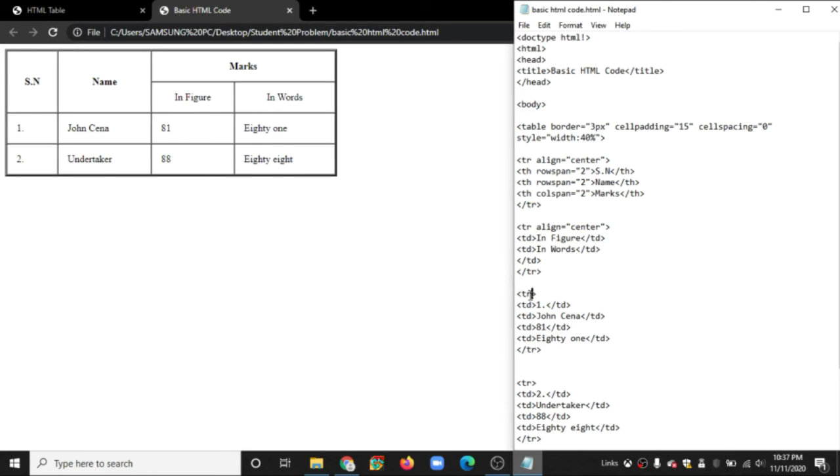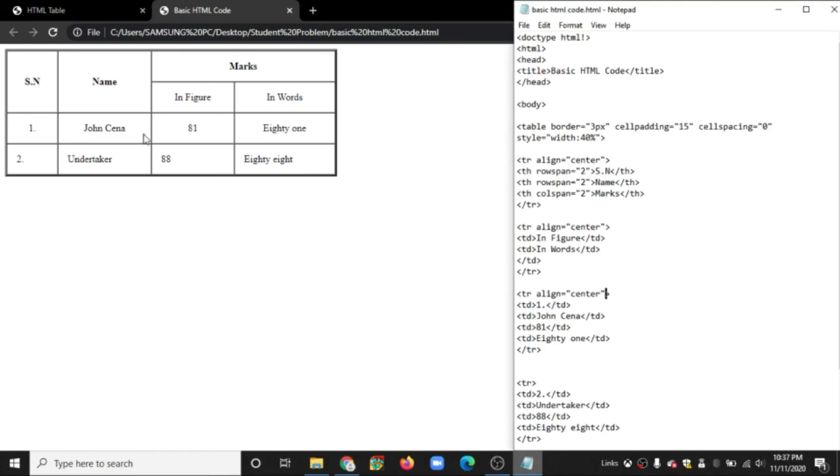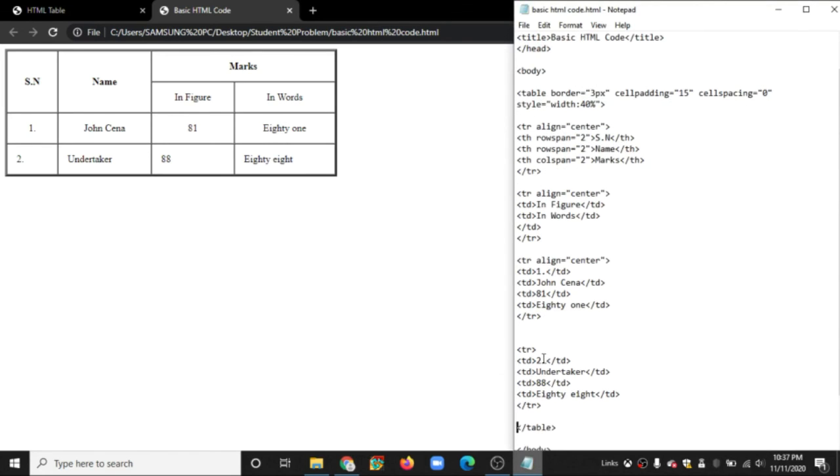This means we have to use align is equal to center. Control save. Look, the data has been transferred to the center of the box, but we haven't used any align is equal to center in this particular code. The data are in the left of the box.